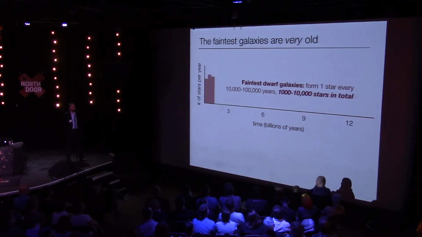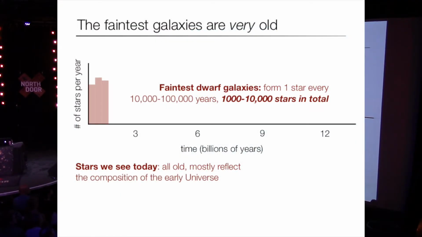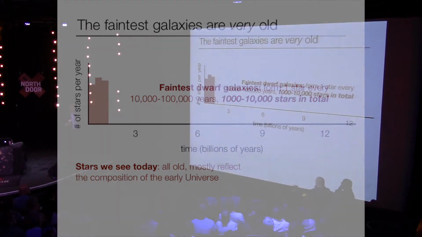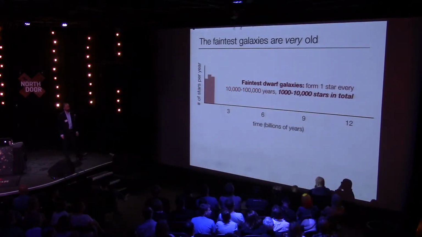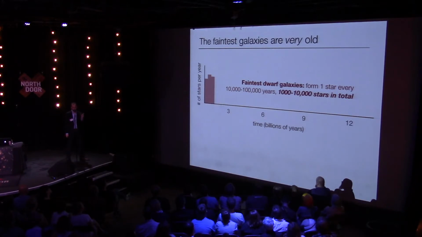Now here is the same kind of diagram for one of the faintest galaxies that lives around us. Rather than forming 1 or 2 stars per year, this galaxy would probably be fired by your president or various other people. So 1 star every 10,000 to 100,000 years. So maybe only 1,000 to 10,000 stars in total. Okay, this is kind of incredible to me. Furthermore, all of the stars seem to have been formed within a very short period in the very early universe.